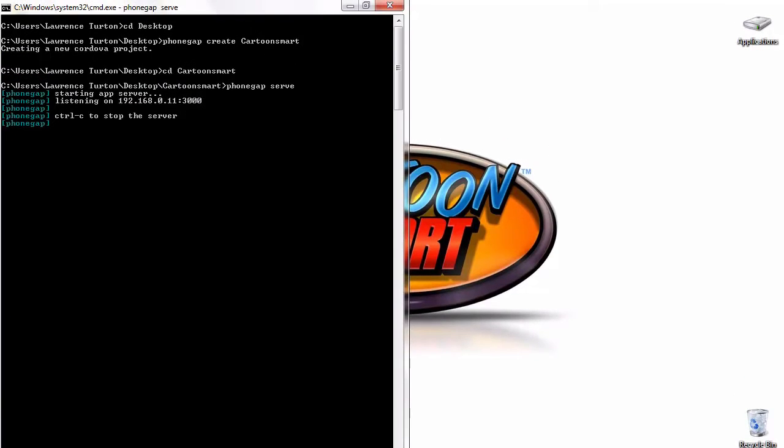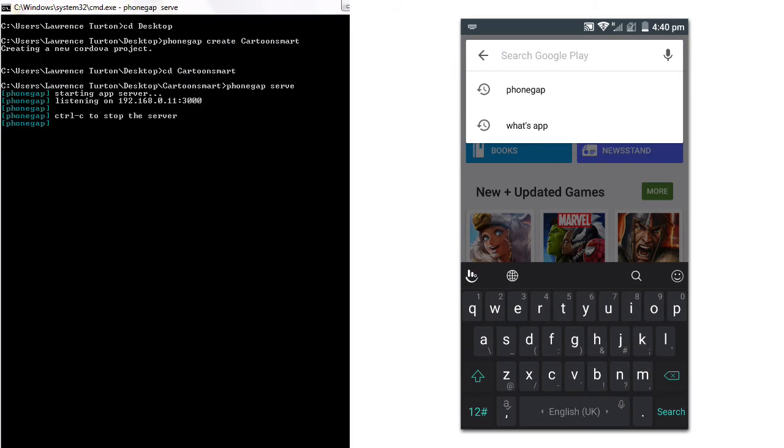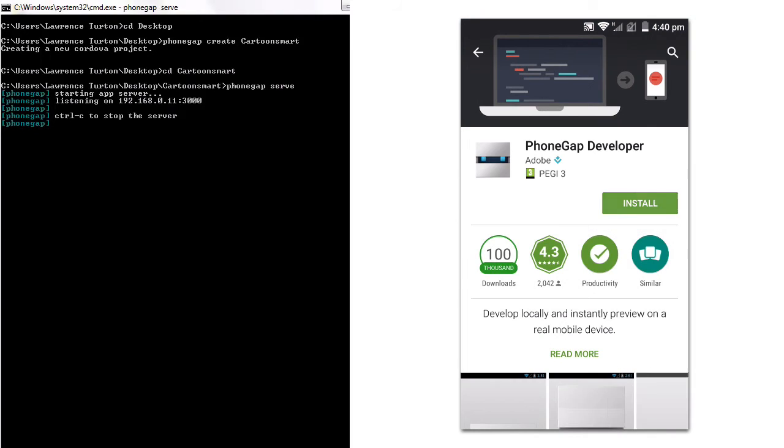Next, go ahead and grab an iOS, Windows Phone, or Android 4.0 and above device. Next, connect that device to the same network as your computer. This is very important. Once your device is connected, open up the relevant app store and then search for the Phonegap developer app